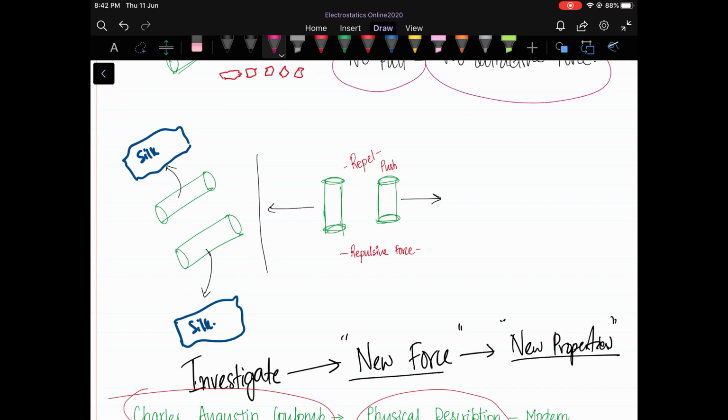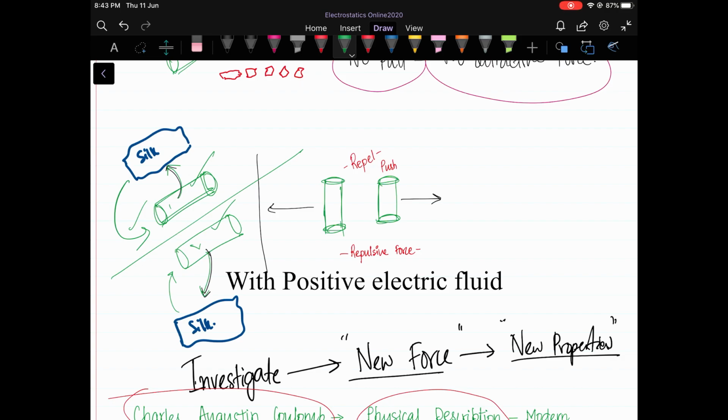I have here a glass rod again. The first one rubbed with a silk cloth. The second one again rubbed with a silk cloth. So I can say that I have charged glass rod number 1, and I have charged glass rod number 2. By symmetry, I can say whatever has happened to the first glass rod has also happened to the second glass rod. So if I have made the first glass rod positively charged, I must have also made the second